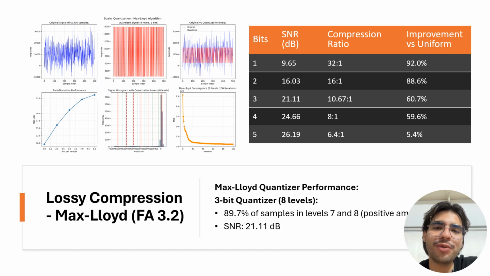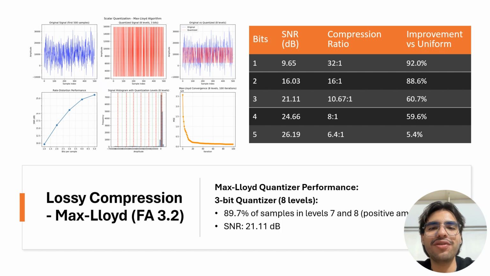For lossy compression, we apply the Max-Lloyd algorithm to find optimal reconstruction levels. At 1 bit, the Max-Lloyd quantizer achieved 9.65 decibels SNR, which is 92% better than uniform quantization. At 3 bits, we achieved 21.11 decibels SNR with a compression ratio of 10.67 to 1 relative to 32-bit floating point. For the 3-bit quantizer shown here,